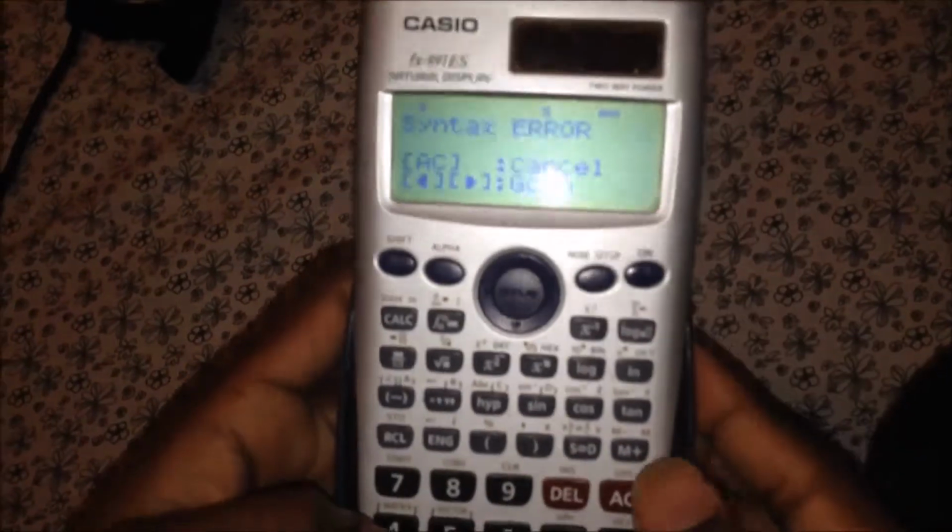With this we can do basic calculations like multiplication, addition, division and subtraction. Here is the on button, so the screen is turned on. We can do basic calculations, I think everyone should know. If we type anything wrong, it will show an error also. Everyone will know all these 4 calculations.